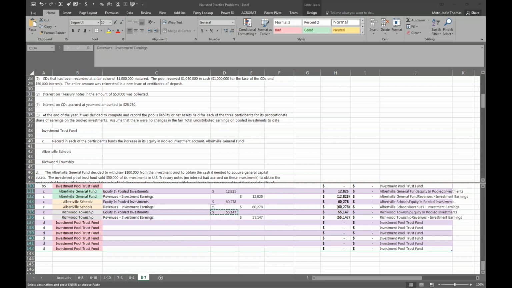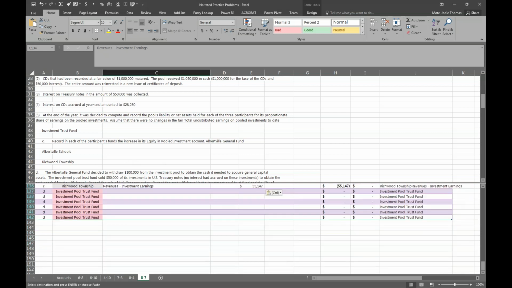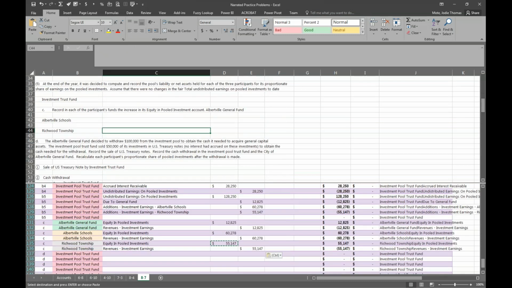All right. So let's go to letter D, which says the Albertville General Fund decided to withdraw $100,000 from the investment pool, and it says they needed it to acquire capital assets. The investment pool sold $50,000 of its investments in the U.S. Treasury notes to obtain the cash needed for the withdrawal. Record the sale, record the cash withdrawal in the investment pool trust fund as well as the City of Albertville